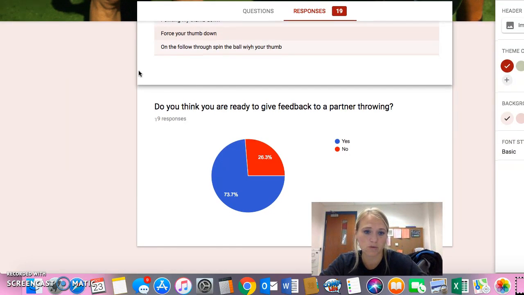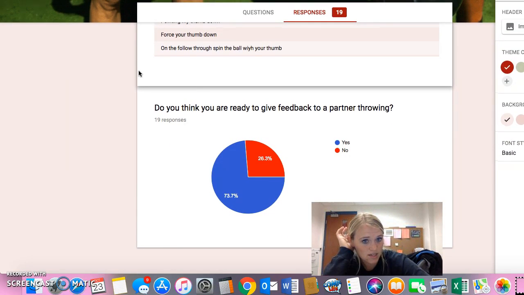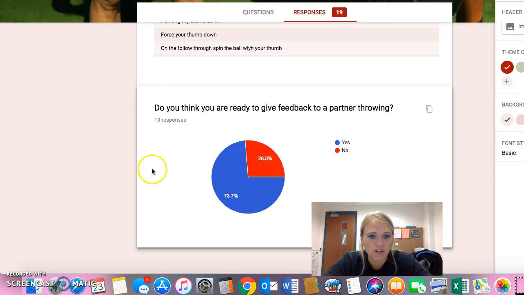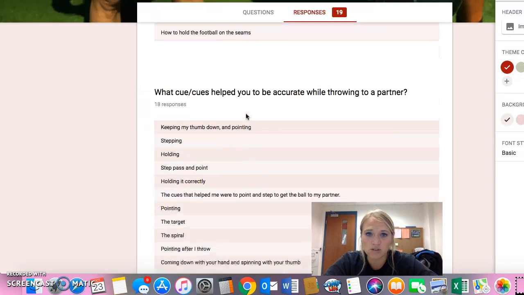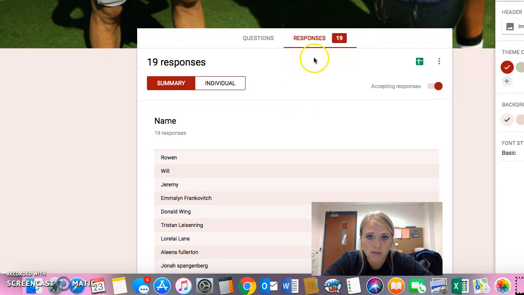Down here at the bottom, I thought this was cool because I did a little survey to see who thought they were ready to give feedback to a partner when it comes to throwing. And 73.7% thought that they were ready, and 26.3% thought that they weren't ready. So that tells me that I'm doing a good job teaching. There's not much that I need to go over, but let's go back up to the top